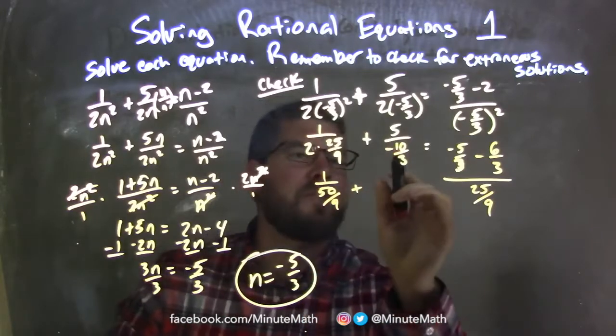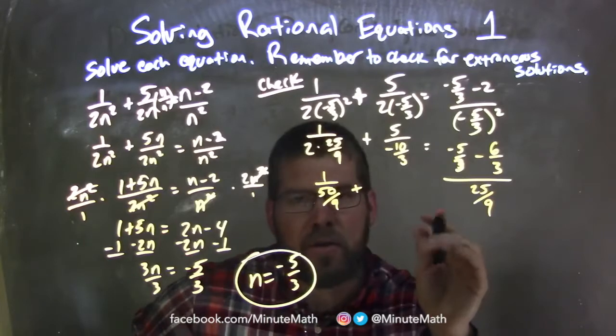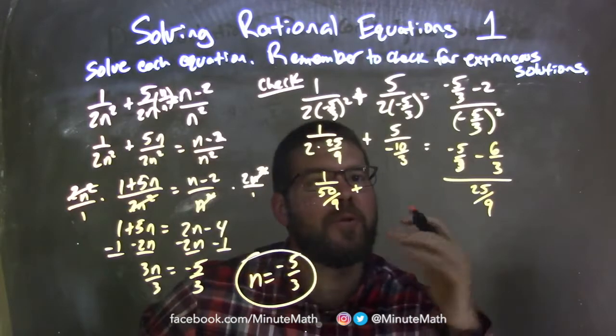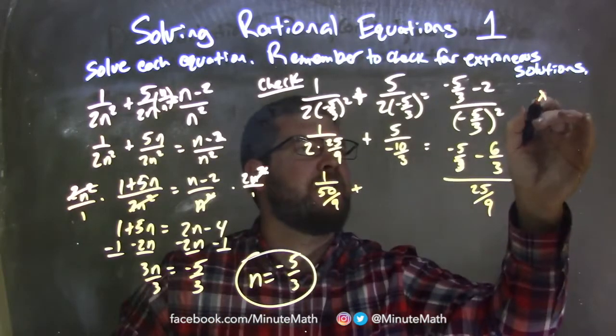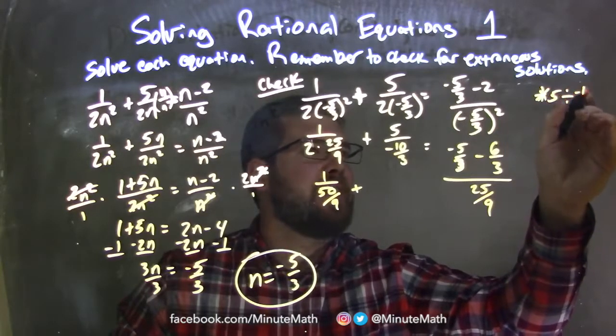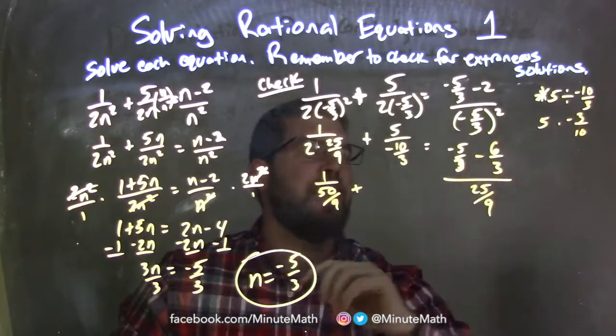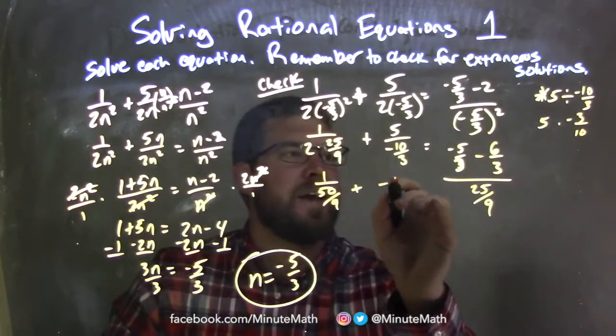Plus, here now, here's a little trick. 5 divided by a negative 10/3. And that comes out to be, in a sense, right? If you want to see one little example right here, 5 divided by negative 10/3 is the same thing as 5 times negative 3/10. That helps me see that fraction right there is a negative 15